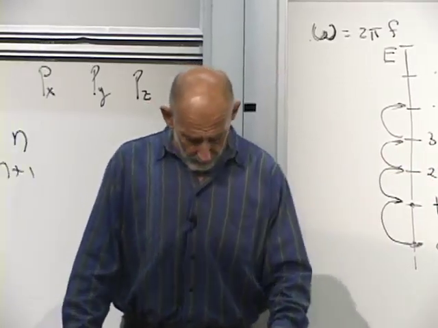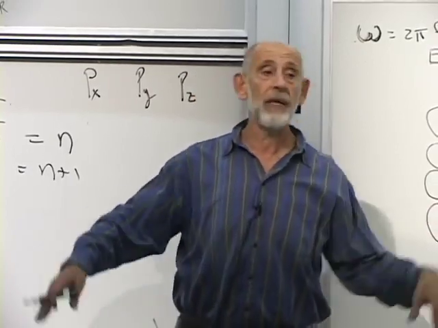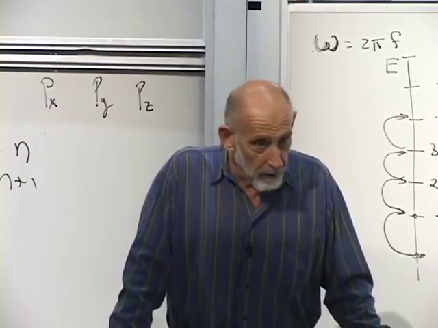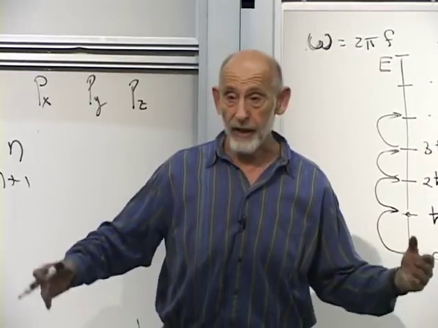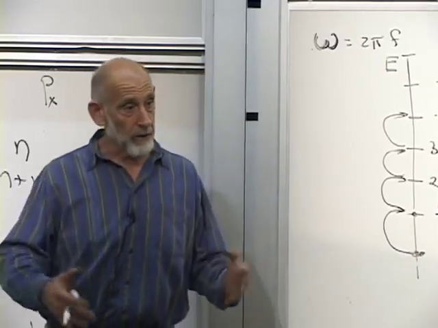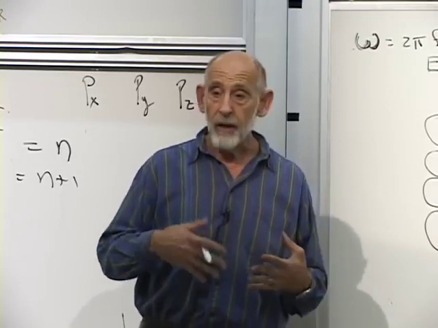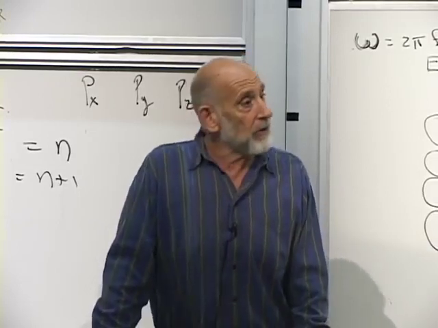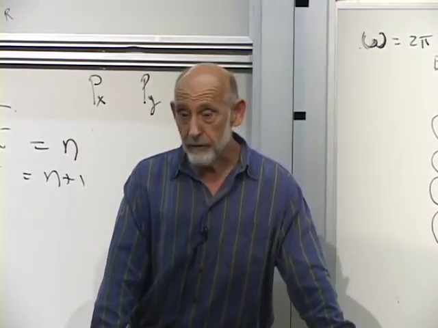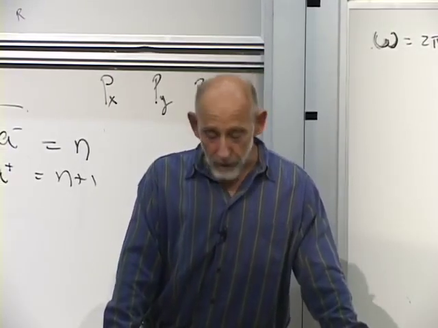Right? Now, when we have a system with many oscillators, you can imagine many springs with many balls hanging off them of different frequencies, or you can imagine electromagnetic waves in a cavity. Each different wavelength has a different frequency. We can excite them independently, one wave, then another wave. Then we have a system which contains many different oscillations with many different frequencies. That means to describe,